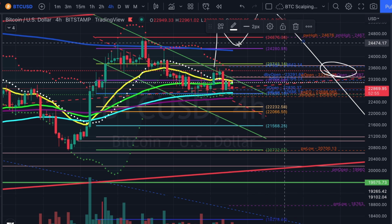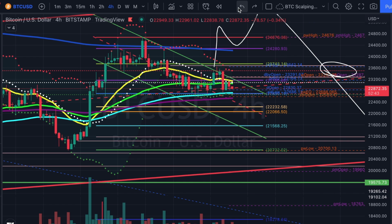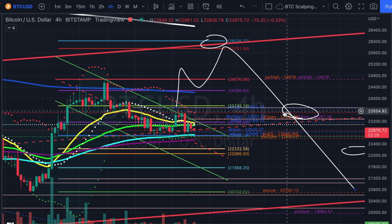This for now. I was going later. This was a level I wanted to short if we pass it. So I was looking for certain areas of shorting this. I wanted it to break up and then test back on the channel for a long to go up and then short up here. But since we never even made it past this level, people are already loaded up on